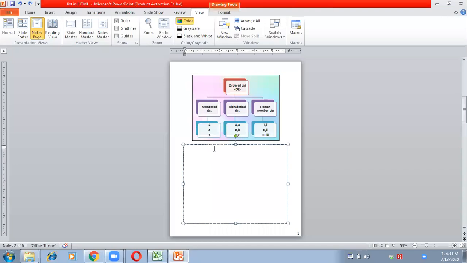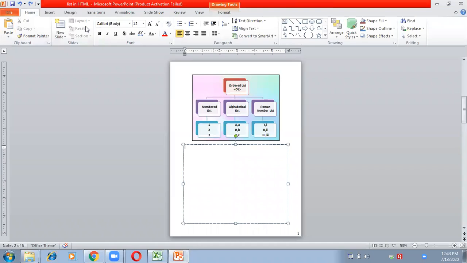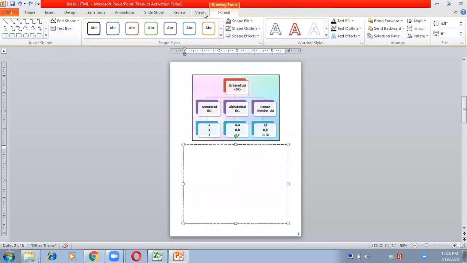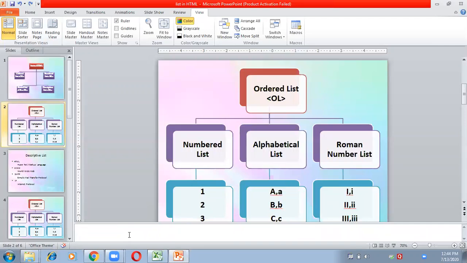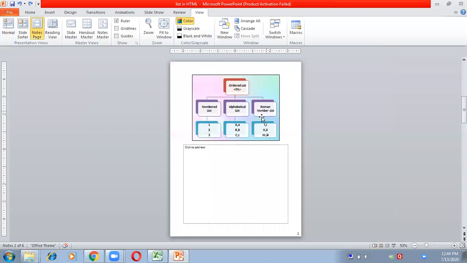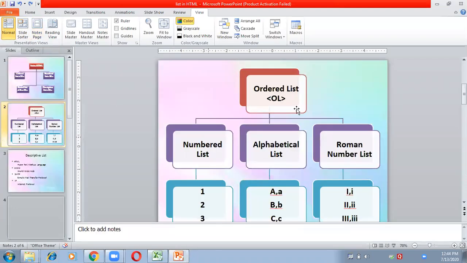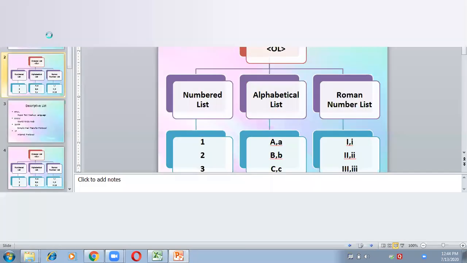I can create the notes, or if I have already created the notes in the normal view, like here, I can go to the notes view. It will let me take the printout with notes and with slides, so that at the time of presenting to the audience, I can have both things with me, and the audience will be able to see only the slide, not the notes. Next is reading view.